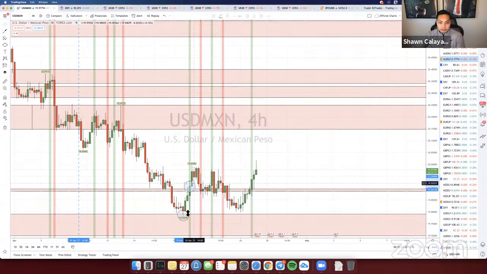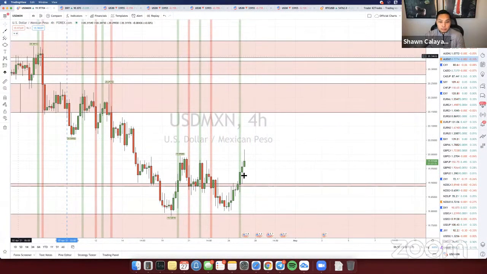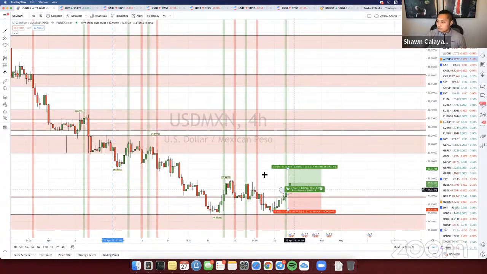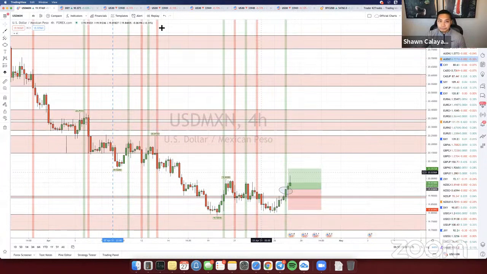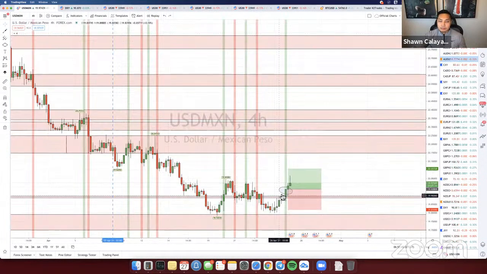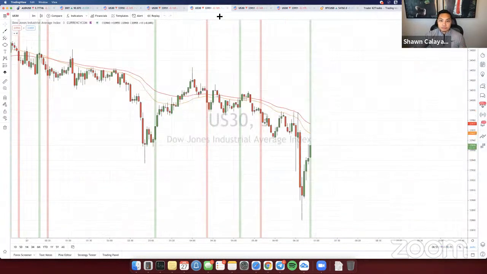The breakout actually started down here. So we had the breaking close path structure right here with the buy signal. So if anyone caught this trade earlier, this was about last night. If anyone caught that trade, they would have been in profit right now. So nice work off that. I forgot who's in the group, but someone always asks me about the peso. So that's why I have it marked up, because someone here likes to trade the peso, and I mean it's a good asset to trade if you actually follow it.